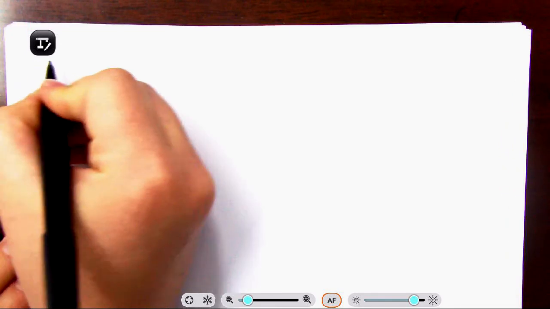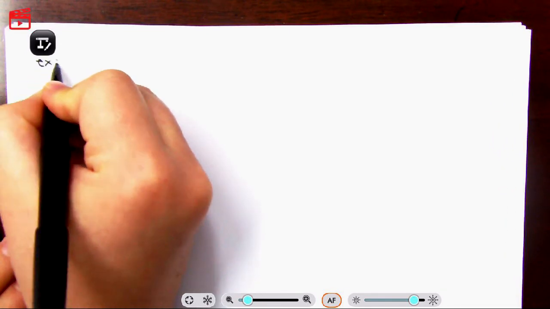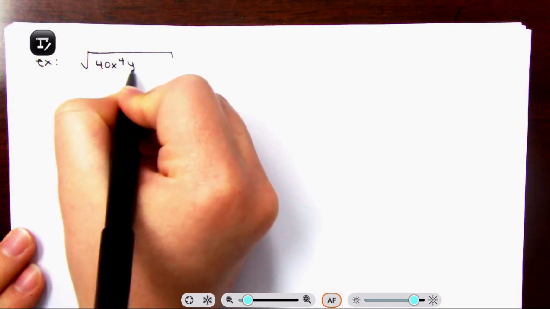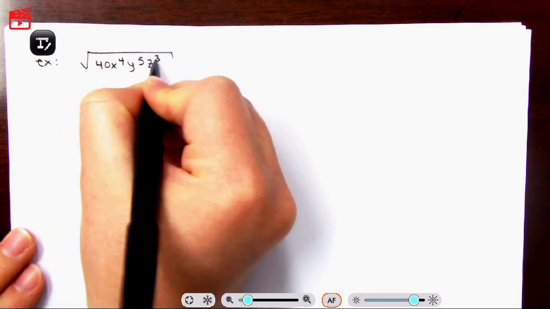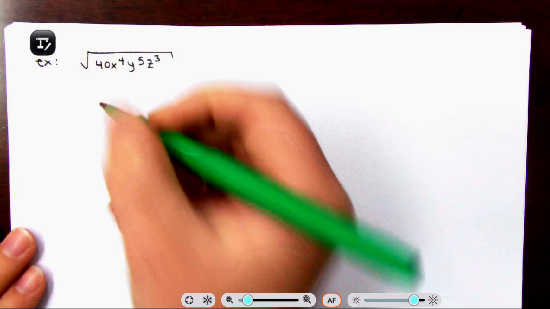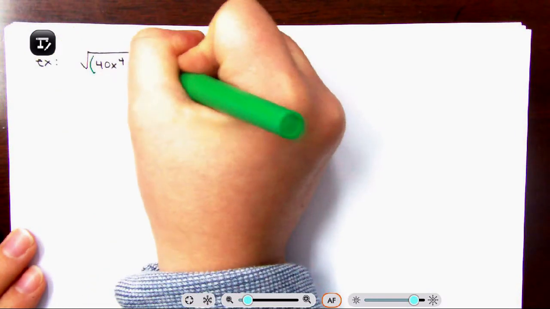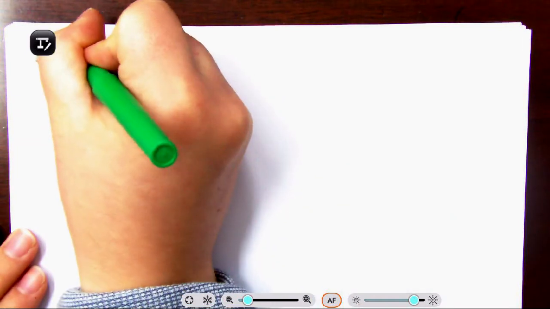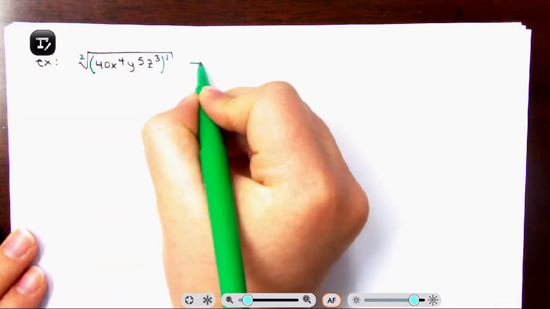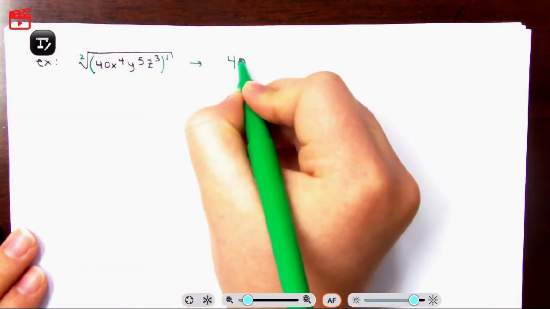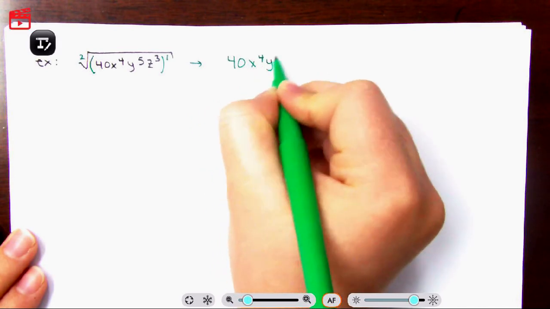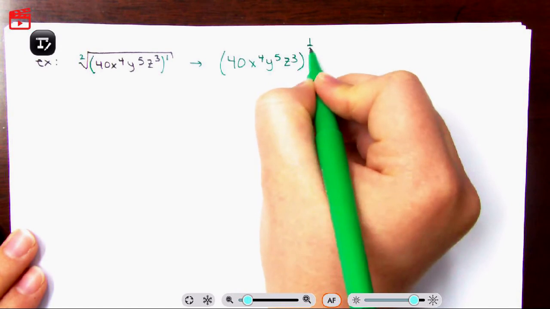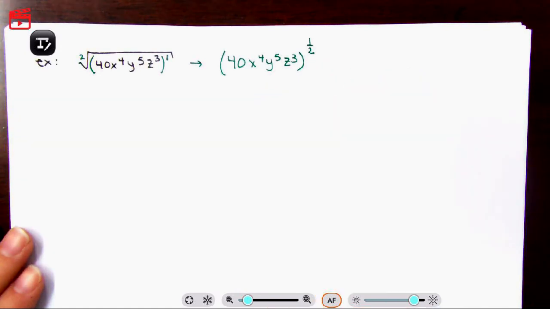All right, so the example was the square root of 40x to the fourth power, y to the fifth power, z to the third power. We're going to take all of this inside, put it in a bubble, raise it to the power of 1. Make sure you indicate what your index is. Rewrite this as a fraction exponent. Using the